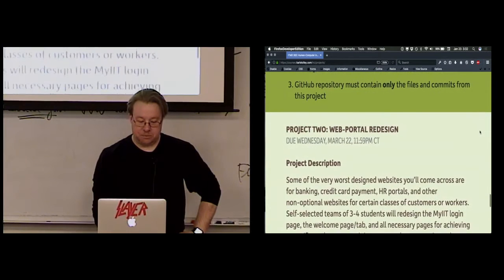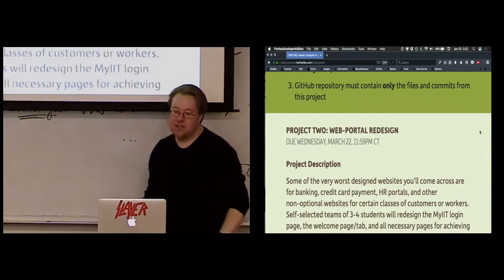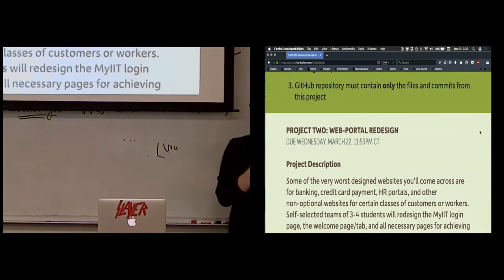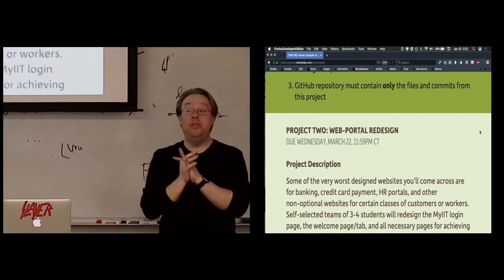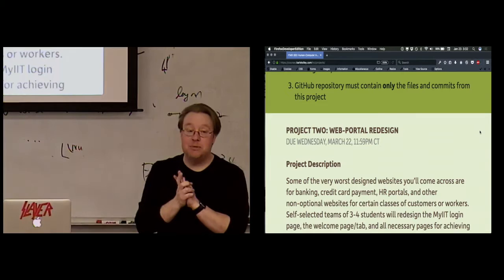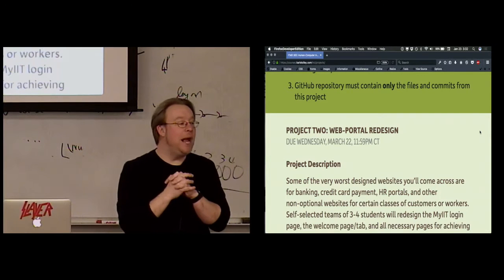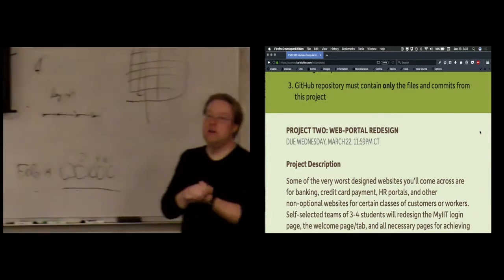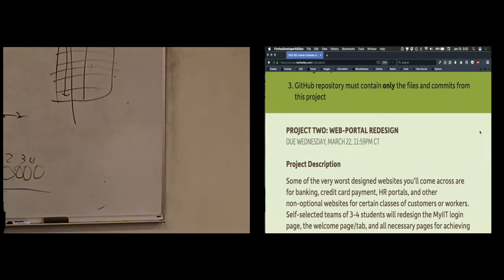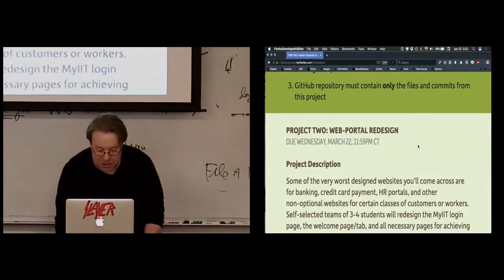All right. And finally, a GitHub repository that must contain only the files and commits from this project. For those of you who are new, do not put this in your weekly production problems repository. Start a brand new repository that contains only this project. Okay? And when I go to your repository for the project, it should look something similar to,